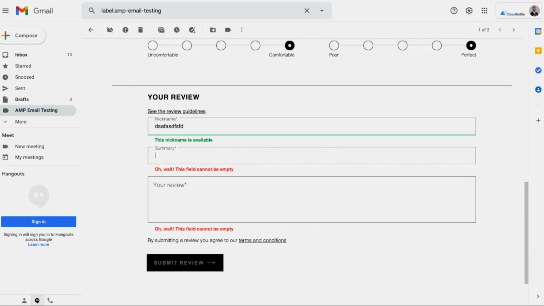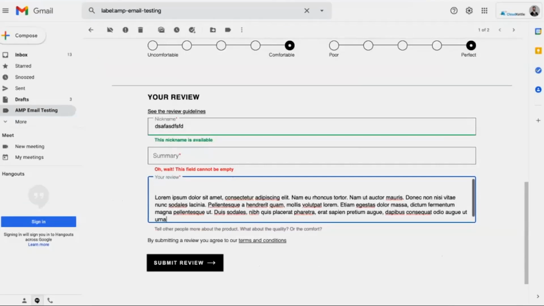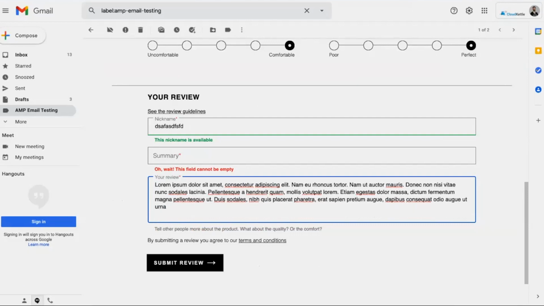Additionally, if I attempt to submit the review, you can see that two things are happening here. Firstly, I'm doing field validation to validate the required fields, whether they're empty, and also I'm detecting patterns. So in this review field, you can see that it requires a minimum of 50 characters. So let me just insert some text here. Back to my email. Let's drop this down the bottom, out the way, and paste this in here.